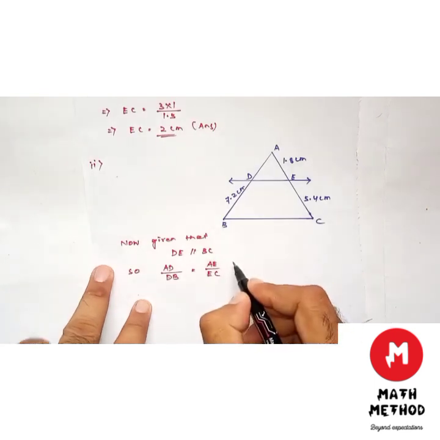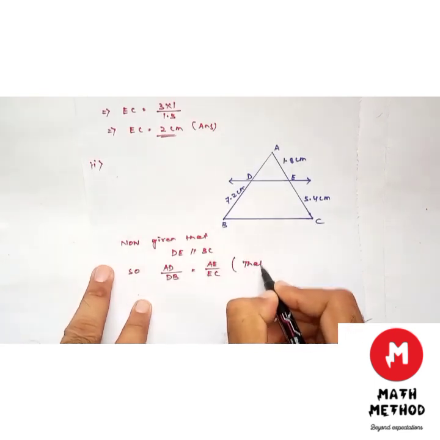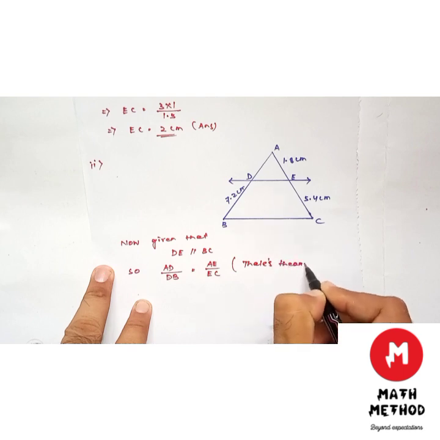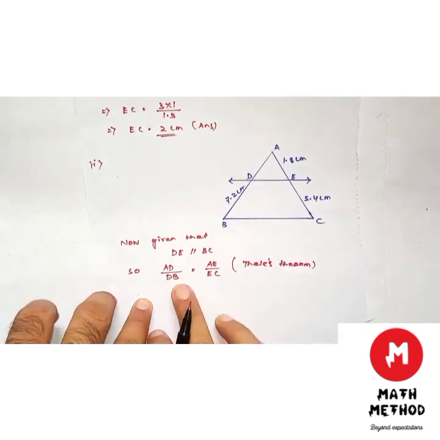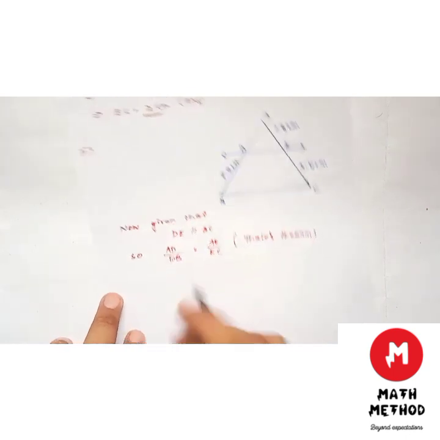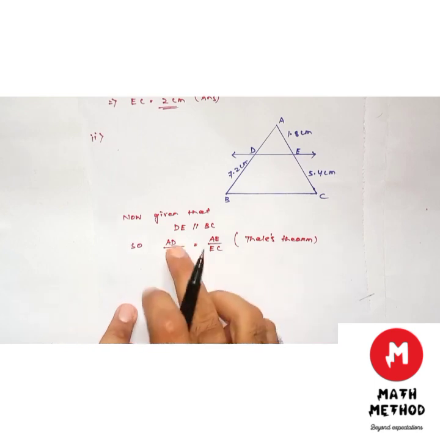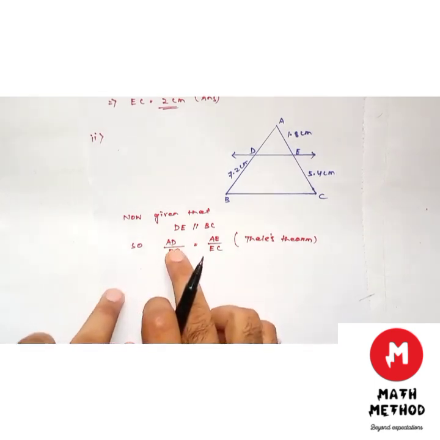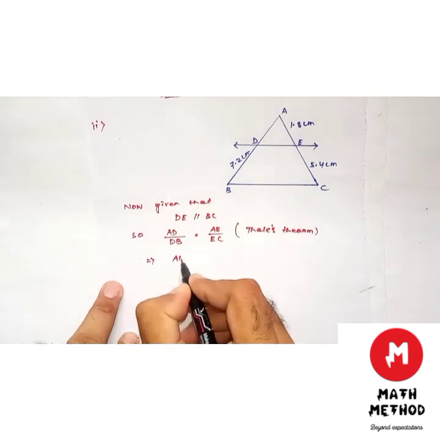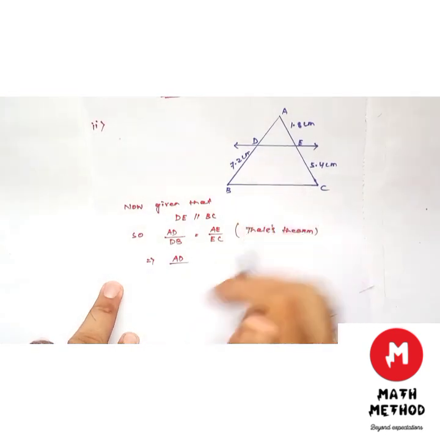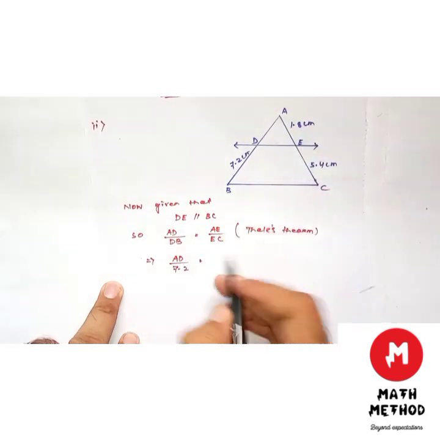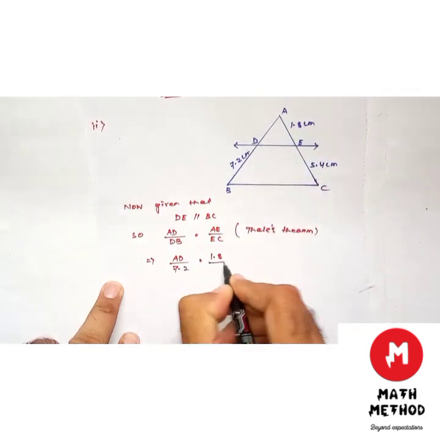Clear? This is also called Thales' theorem. Here in this question we have to find the value of AD. Now AD by DB is equal to 7.2, is equal to AE, which is 1.8, upon